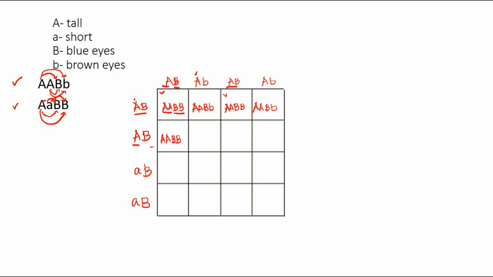And then you're going to get this one again for the next box, that will be dominant A, dominant A, and then dominant B, and then recessive B. And then for this box, you will get this one, dominant A, dominant A, and then dominant B, and another dominant B. For this box, you're going to get dominant A, and then dominant A again, and then dominant B,